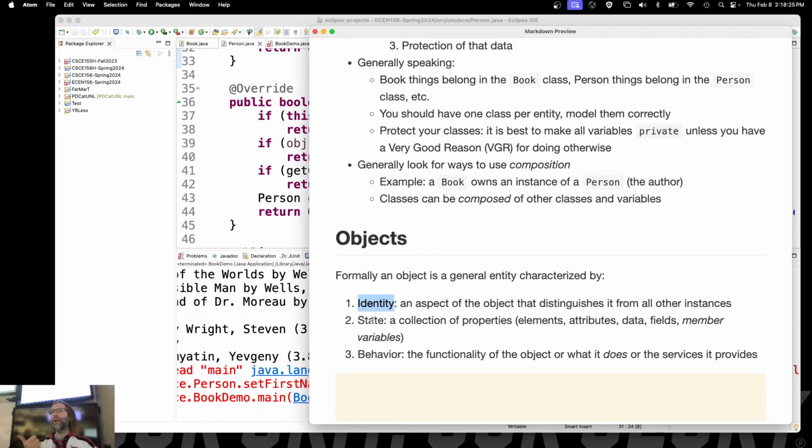Again, NUID numbers, social security numbers, UUID numbers, right? Or auto-generated database numbers, IDs. You also have state, a collection of properties, elements, attributes, data, fields, member variables. We'll usually call them member variables, right? And finally, of course, behavior, the functionality of the object, or what it does, or what services it provides, or